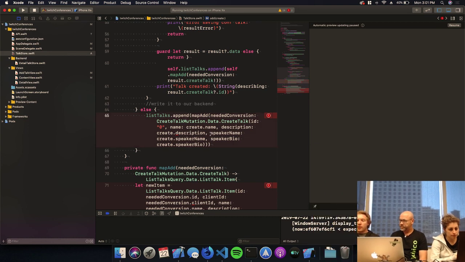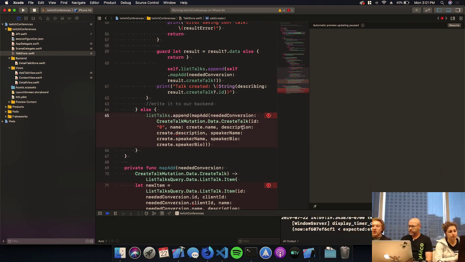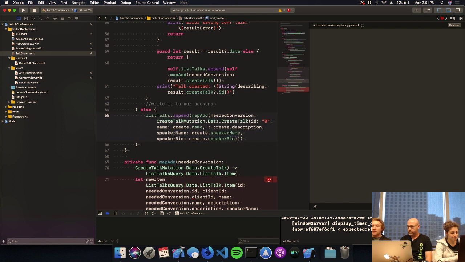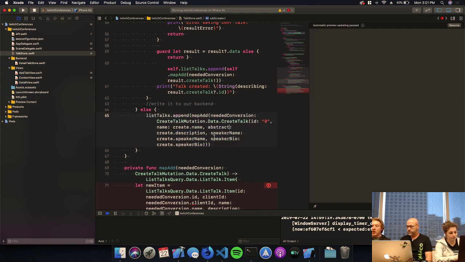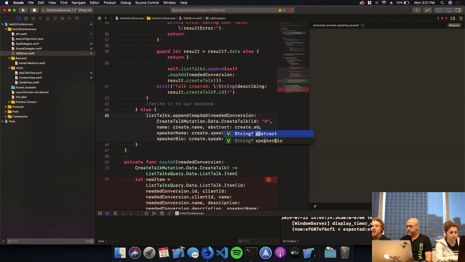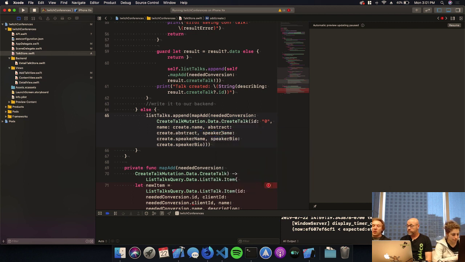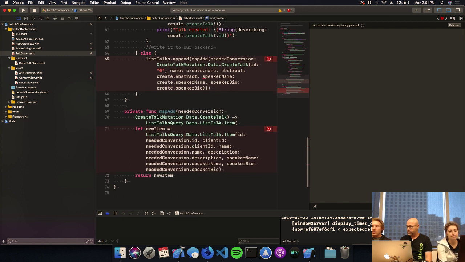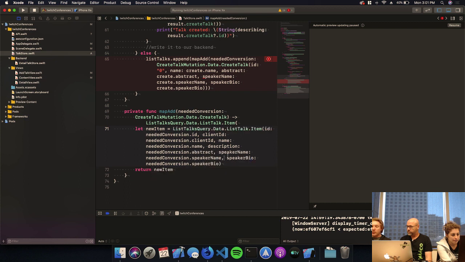So what we're going to do next is change our description to abstract, as we are working with the abstract now, and we have to create that abstract just to make sure that we're using our terminology here. And then we're going to do the same thing down here, changing that from description to abstract, and then we're rocking and rolling. One thing you'll notice is that,